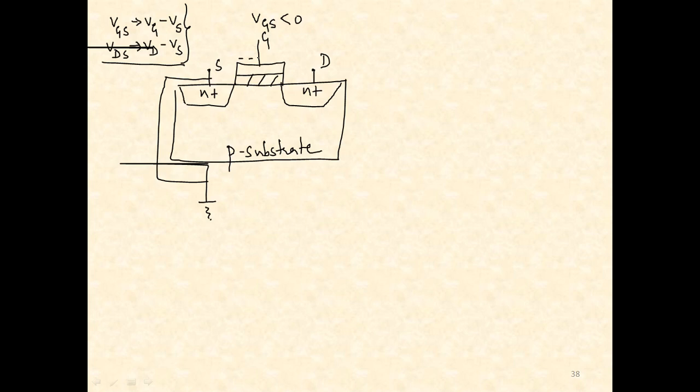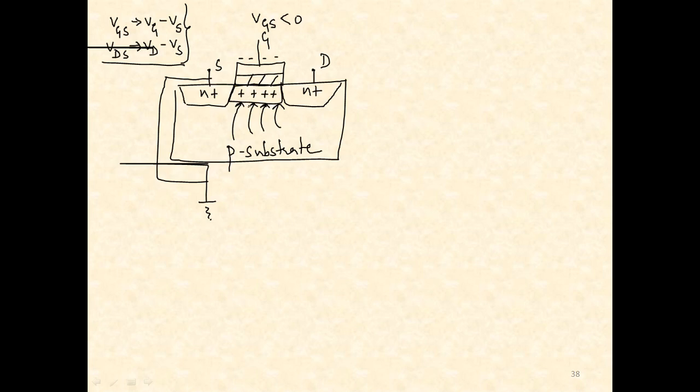That means we are applying a negative voltage. So negative charges will be appearing here. Just to balance the capacitive action, positive charges have to appear here. Now already your P substrate is full of holes. Due to the applied polarity, there is absolutely no problem for the holes from the bottom to move towards the upper surface. They will move, not an issue, so that this region gets accumulated with holes.